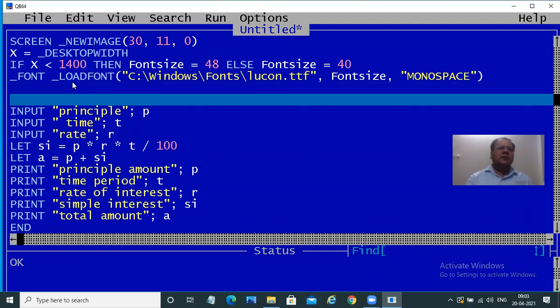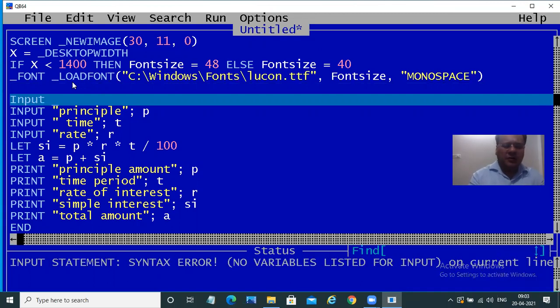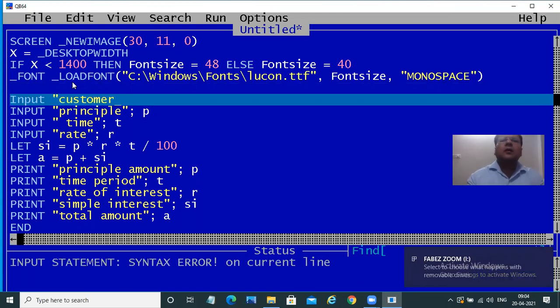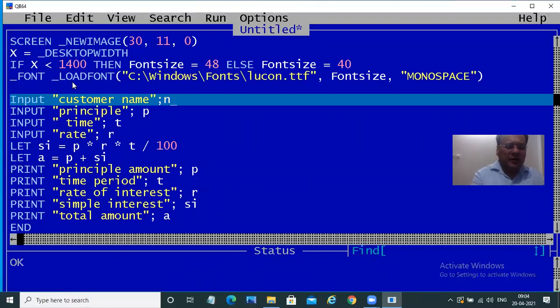So I'll say input customer name, and suppose I say over here $N.